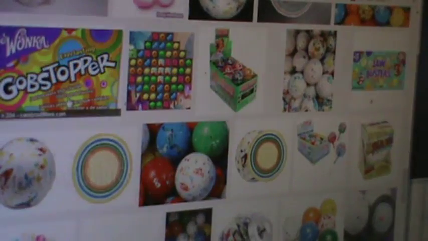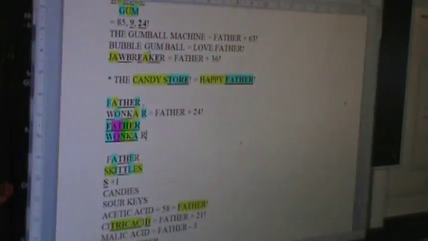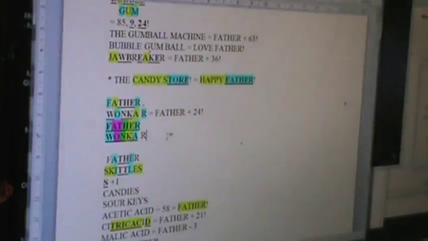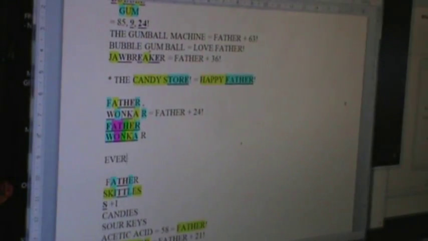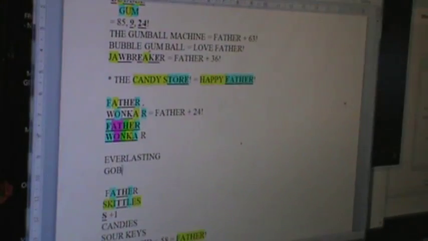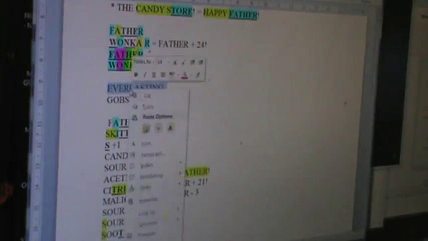The Everlasting Gobstopper is also +1. And these are jawbreakers that change colors and flavors. This was one of my favorite items to get as a kid when we went to the candy store. Everlasting Gobstopper. All right, well, that was cool solving Wonka, because it's still around to this day. And I might as well just solve Gobstopper, because I see that that's +1 too. And I know Everlasting divides. Oh my gosh, that's glaring.